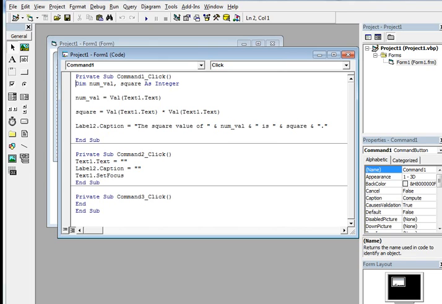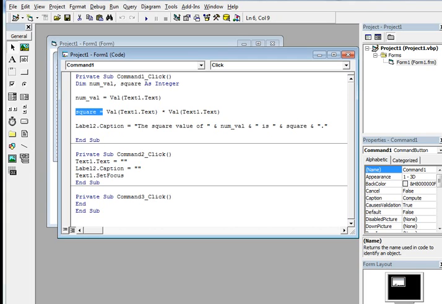In the compute button, we have two variables: Dim numVal, square as Integer. num_val equals Val(Text1.Text), because normally Text1.Text is a string data type, so we have to convert it into an integer value. So we are required to use the Val function in Visual Basic 6.